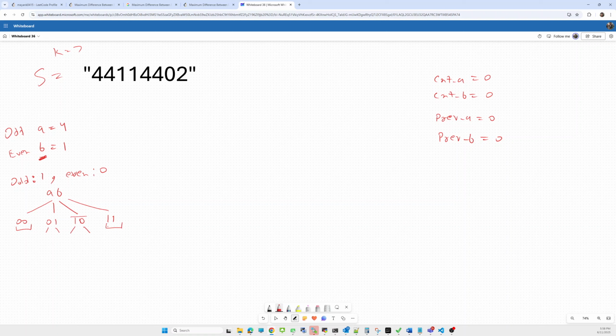So out of all these four possibilities, we are interested in one: A should be odd and B should be even. We want this one condition because we want the difference, the count of A minus the count of B. We want this one state. Okay, got it.